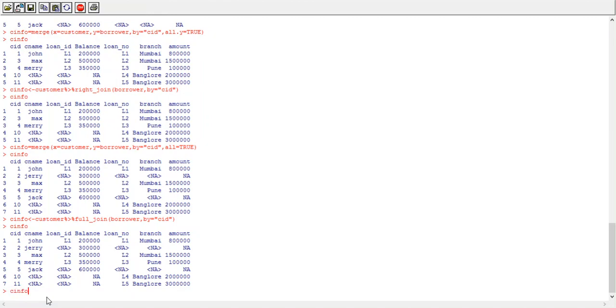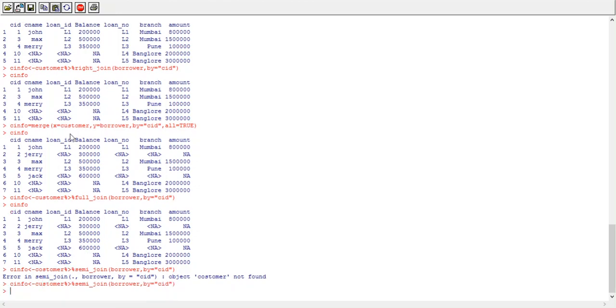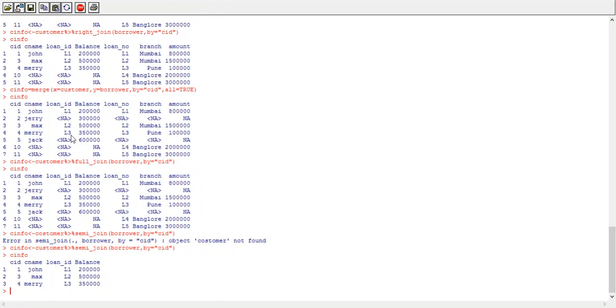So cinfo equals to customer, pipe operator, then semi_join keyword, borrower, name of second data frame, by name of common attribute. Customer, cinfo. See, the output is same as that of inner join.